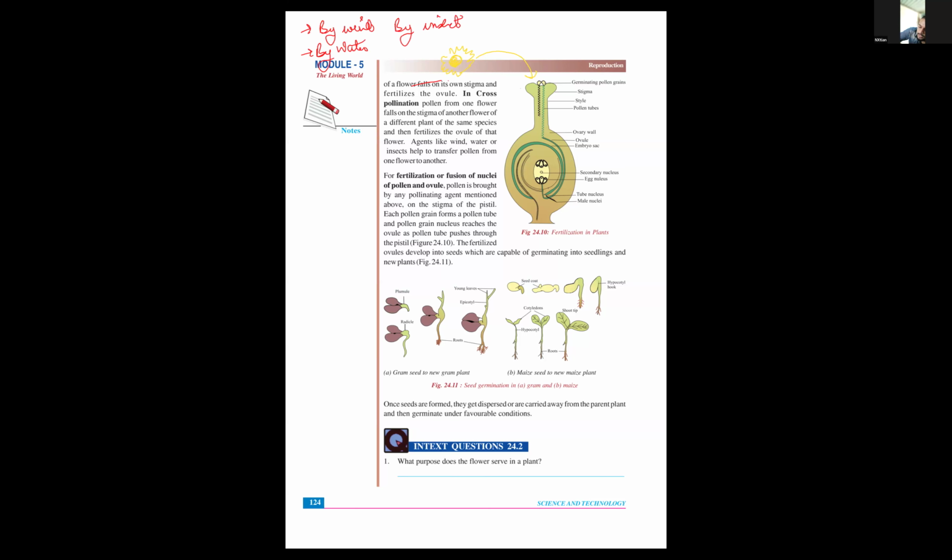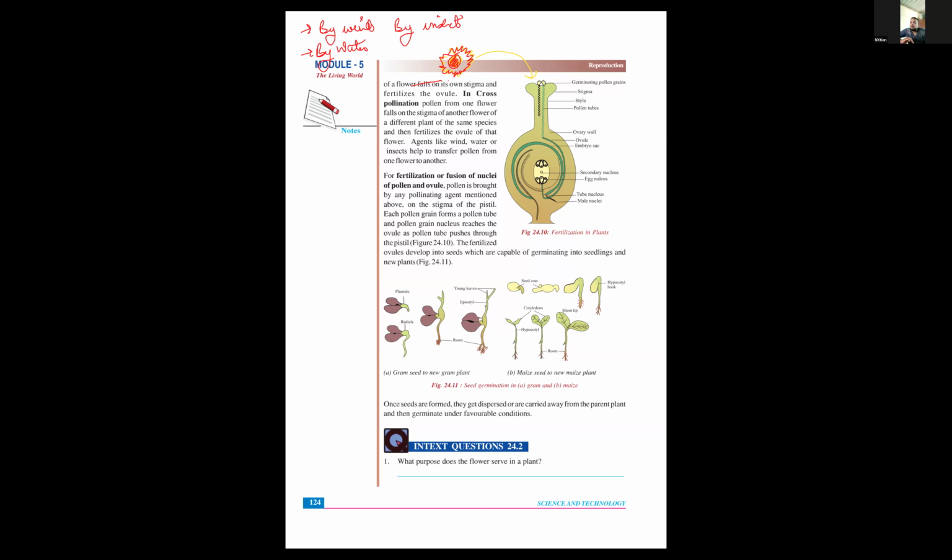So by insect, pollen grains travel. For example, a butterfly came to eat nectar which is found in the flower. So it sits and drinks juice, like it's chilling. While drinking juice, the pollen grains will stick on the leg of the insect, and then it will go to the next flower to drink juice. Then the pollen grains will shed and stick to the stigma. Understood, guys? Yes or no?